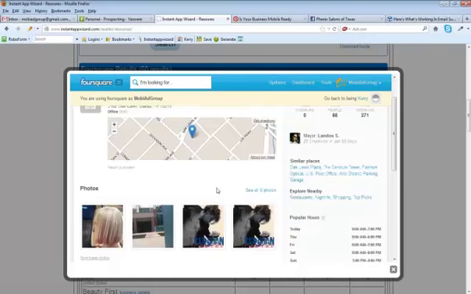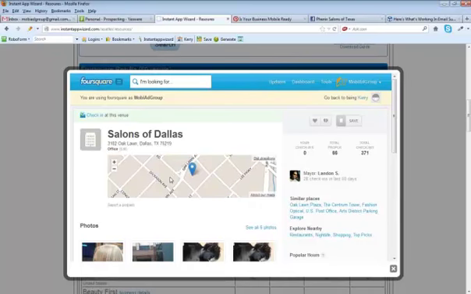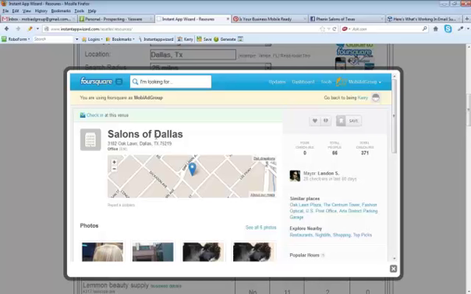Salons of Dallas. They have no information in here. They've had 66 people check in, but they have no information here. So what I would do with this is take this information and go to Yellow Pages, or just put it online and see if I could glean some more information from it. Don't ever stop getting information. You need to build your database. If you're going to market passively, then you've got to build your database of what you're going to do. You cannot start without building that database.